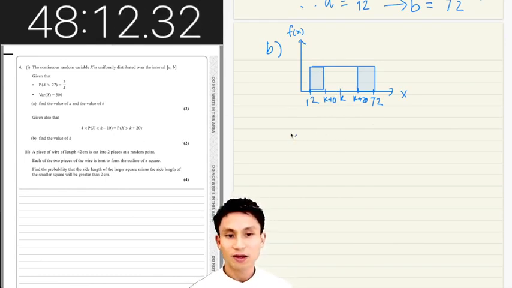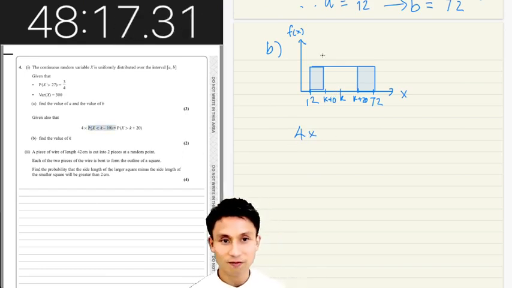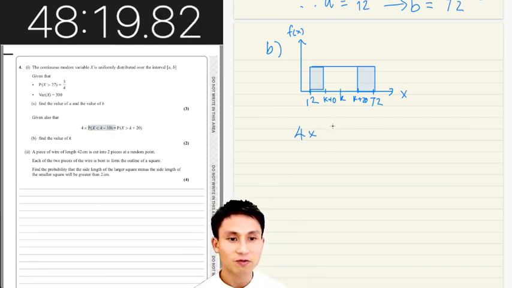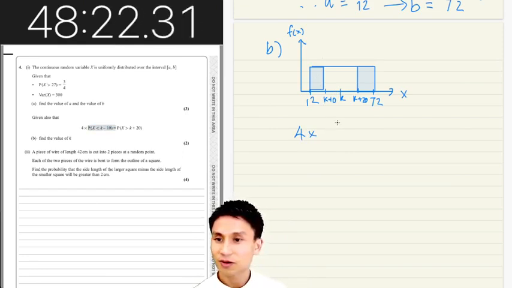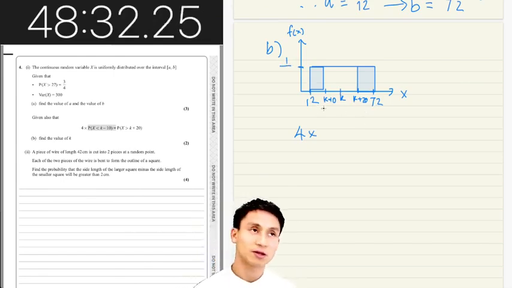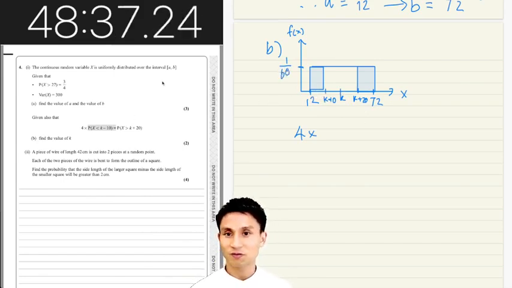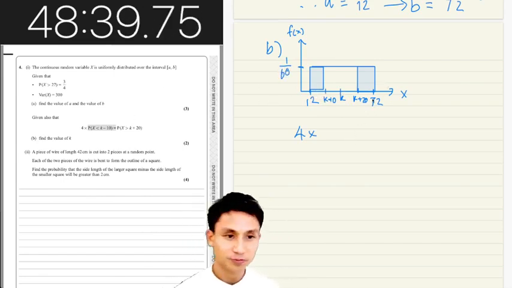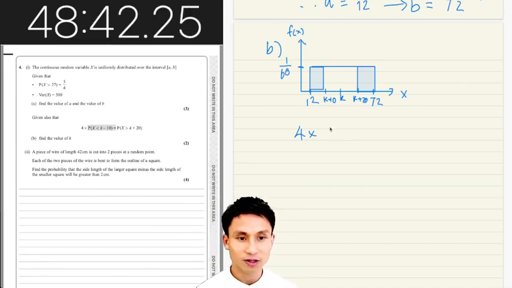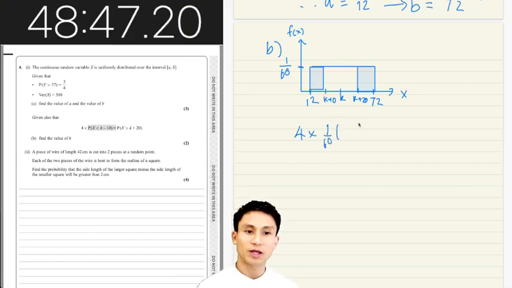So 4 times the area of the smaller part first, which is the left part here. We want the area, so, right. And don't forget, 1 over 72 minus 12 is 1 over 60, right? Just following the formula of uniform distribution there, because upper bound and lower bound are already found. So it's going to be the area, which is the height of the rectangle multiplied by the width. And the width is